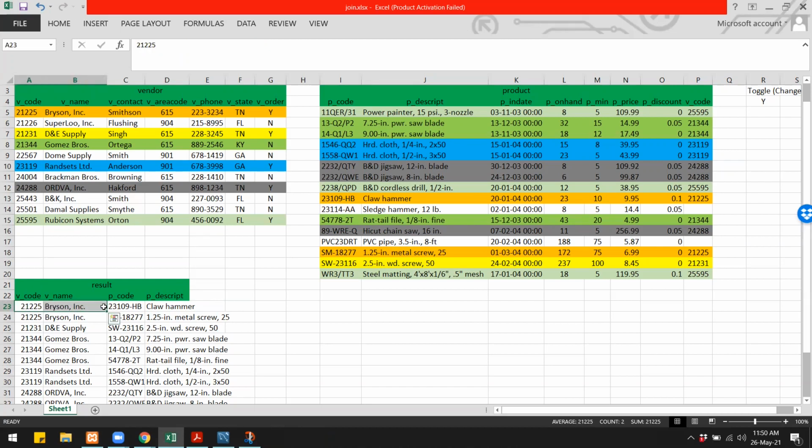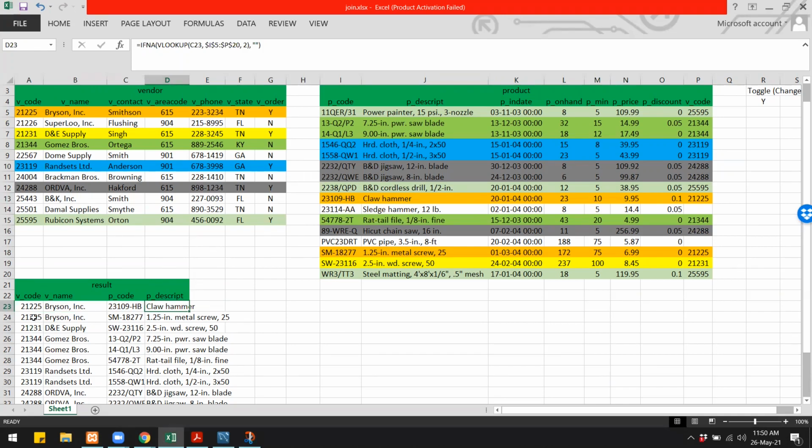And then product code, how do we get the product code and description? So we'll go to the product table and search for this particular vendor, where 21225 is, right? For that product, we will get the product code and product description. So this is the code 23109 that is here, and the description is Flohema. So that is how we are going to get the data from both the tables.